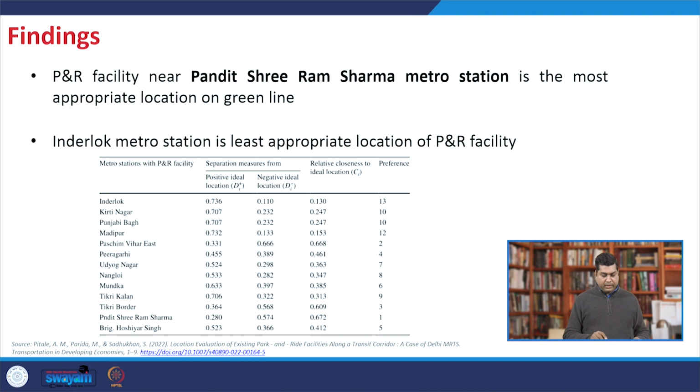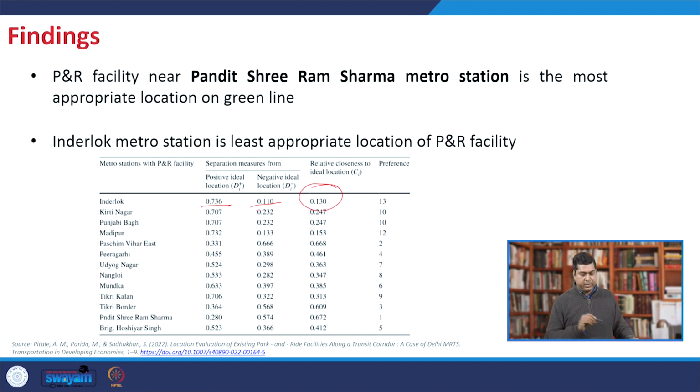So here you can see finally the table, and this is the station specific score. As I already mentioned, after getting all these values after doing the on-field survey, finally when you compute those values in TOPSIS, this is the positive ideal solution 0.736 and negative is 0.110, and finally